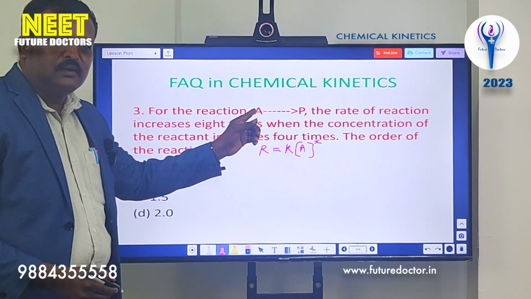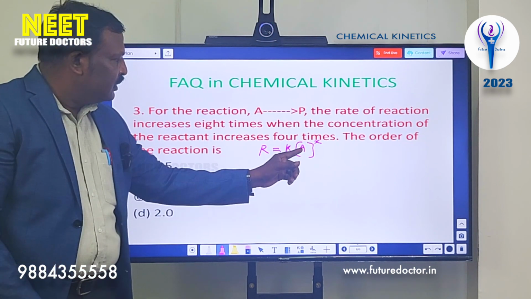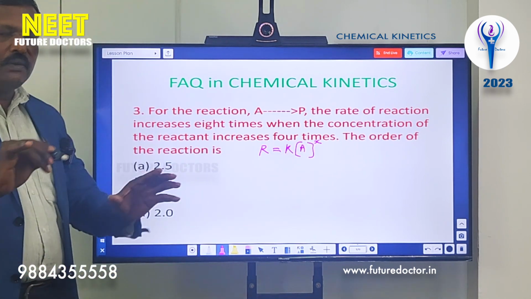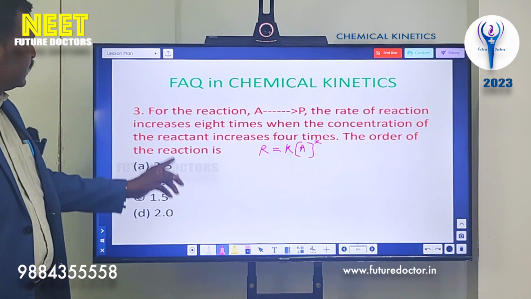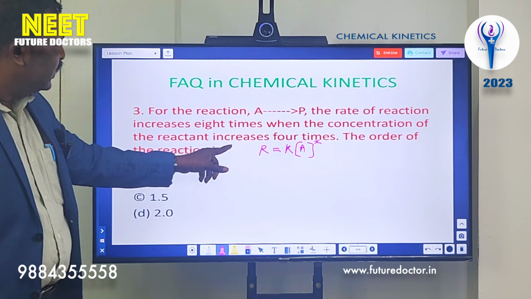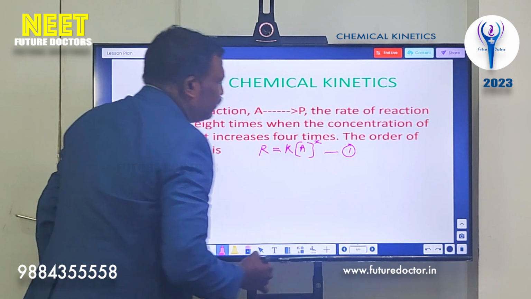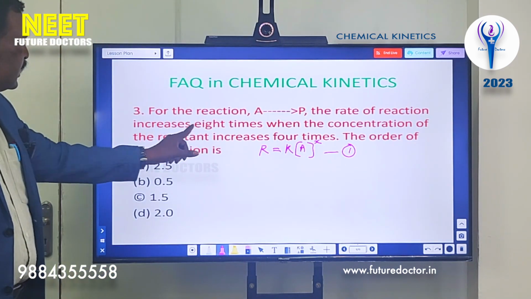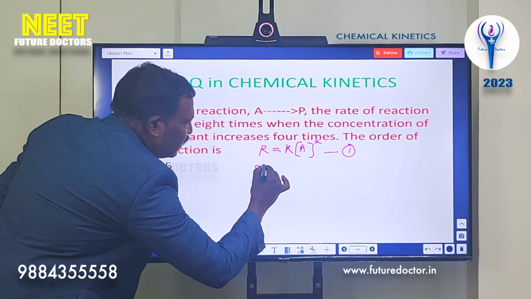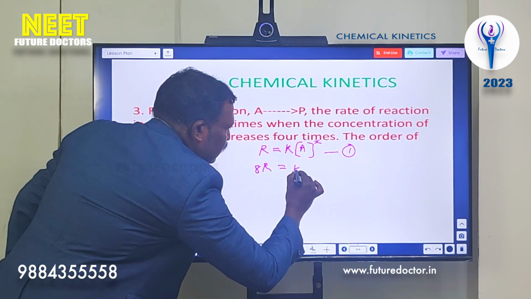A is a reactant. R is called rate of reaction, k is called rate constant, A is the concentration of the reactant, x is called order. Any equation given, we can write like this. Understood? Now see the sum. Rate of reaction increases 8 times. Rate of reaction is now considered as equation number 1. Now the rate of reaction increases 8 times, so instead of R we put 8R is equal to k into